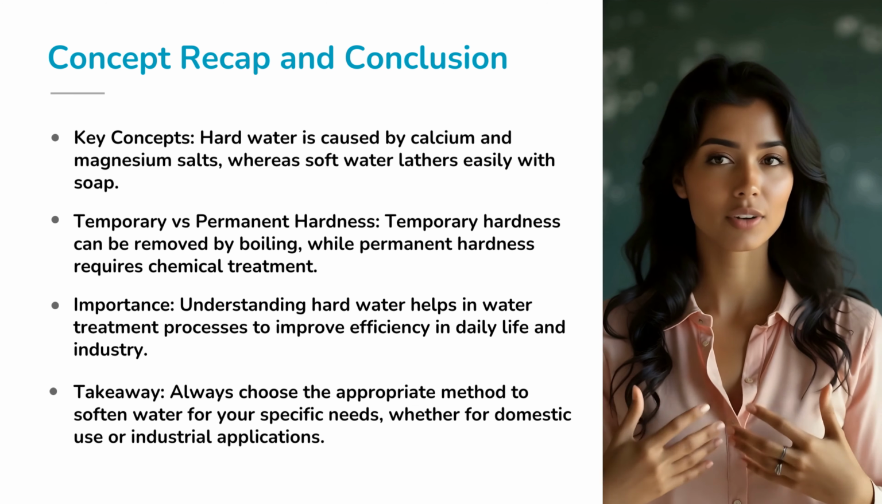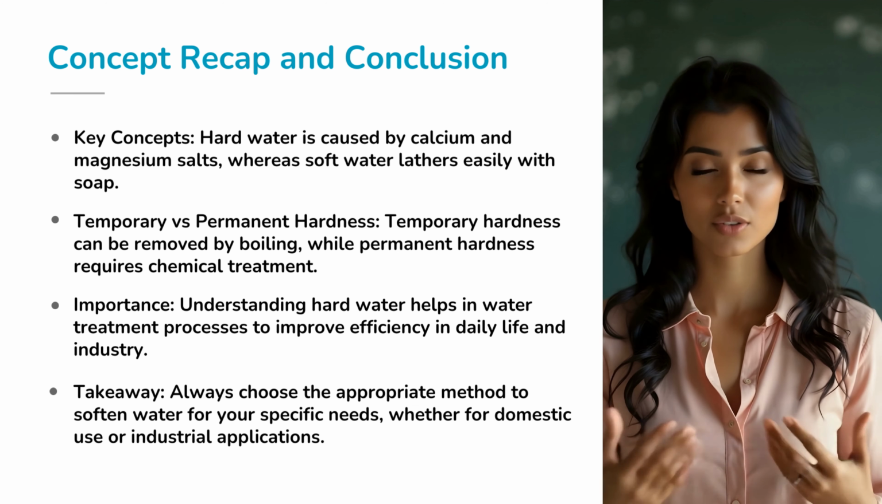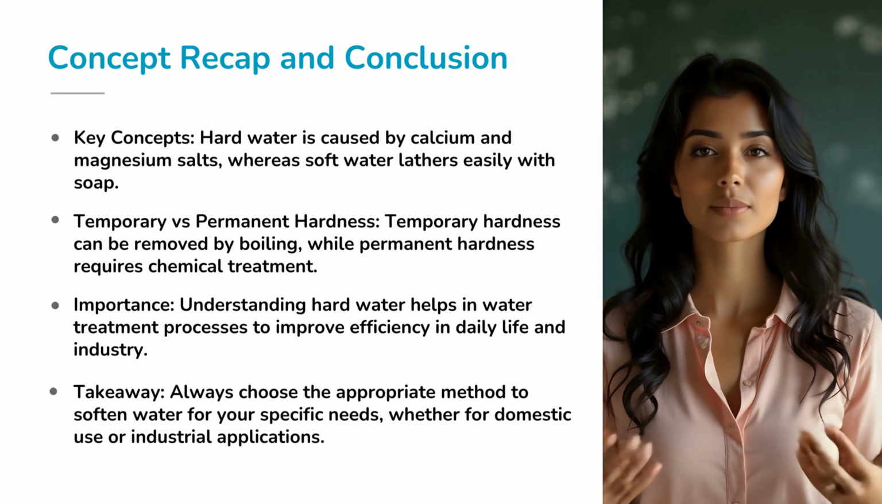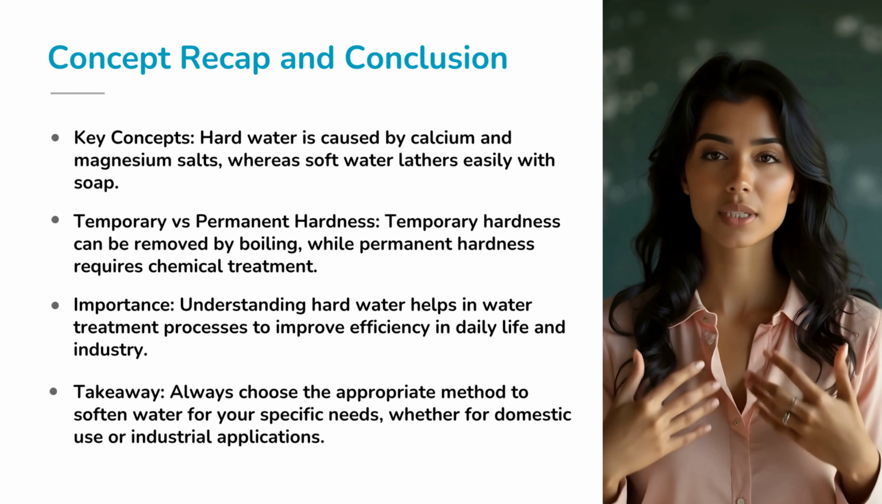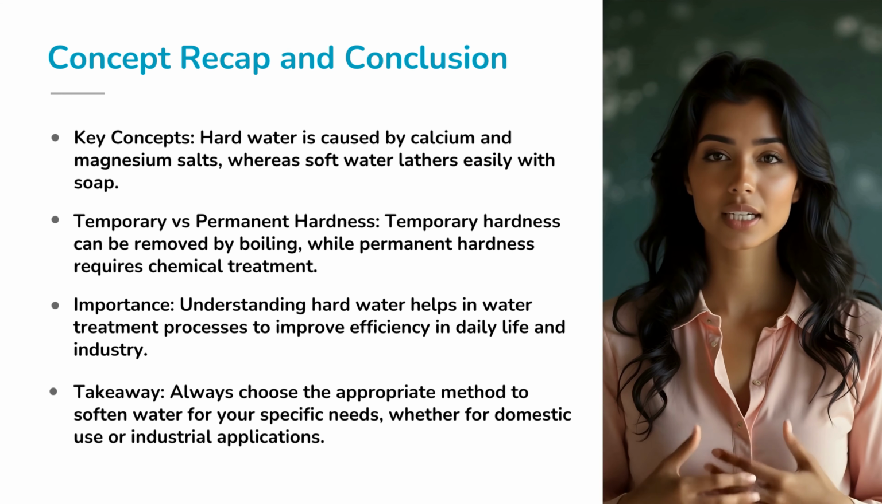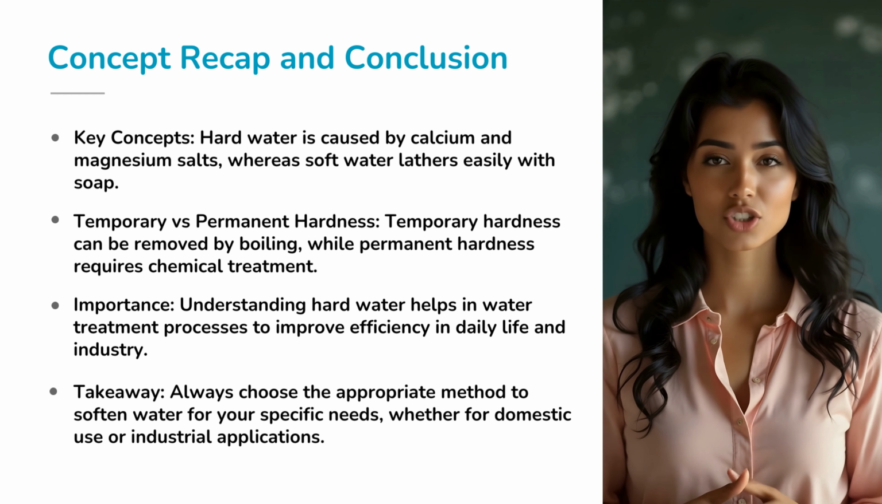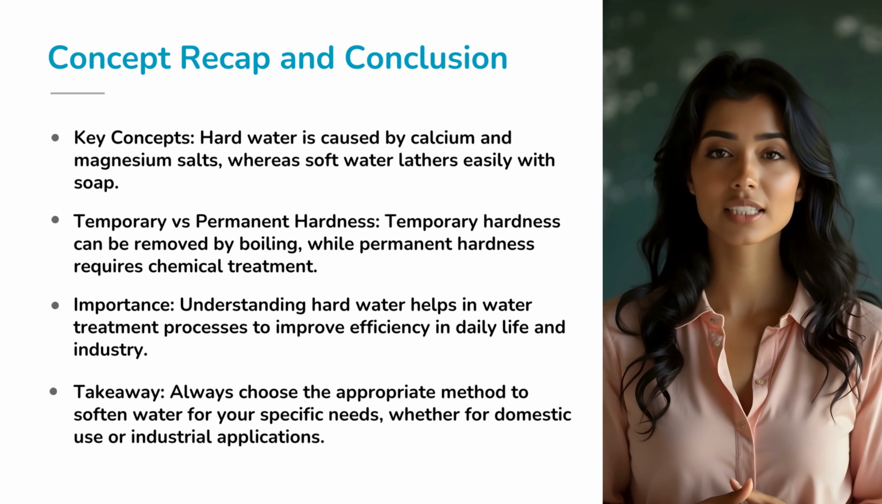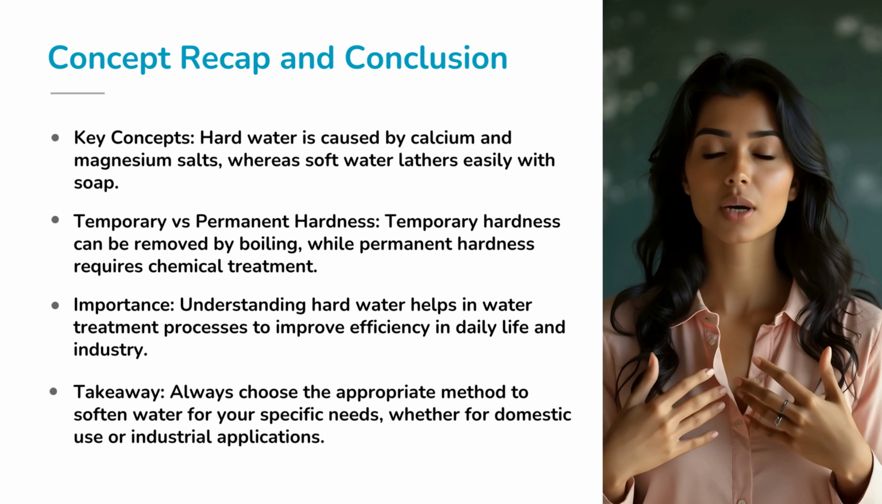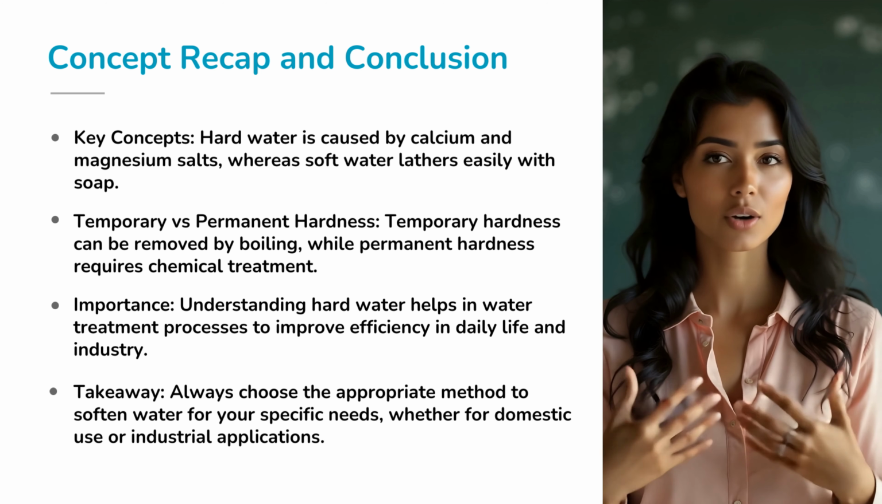To sum it up, we've learned that hard water is caused by minerals like calcium and magnesium, and it's divided into two types: temporary and permanent hardness. Temporary hardness can be removed by boiling, while permanent hardness requires more complex treatments like ion exchange or reverse osmosis. Hard water can affect our daily lives and industries, but with proper treatment, we can soften it and make it